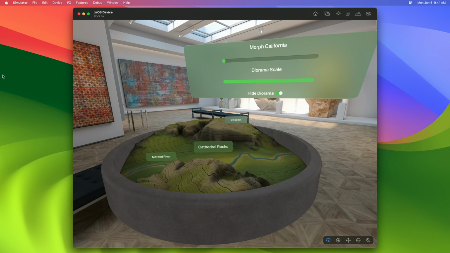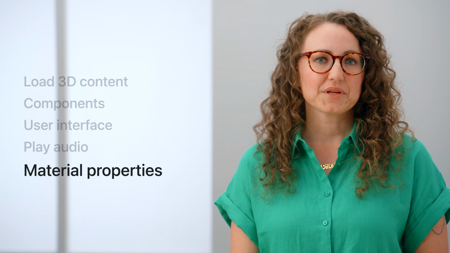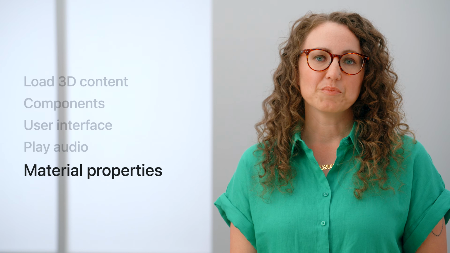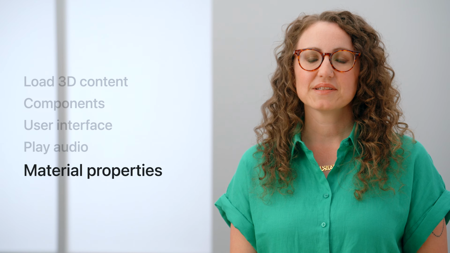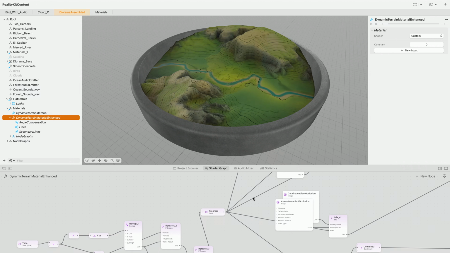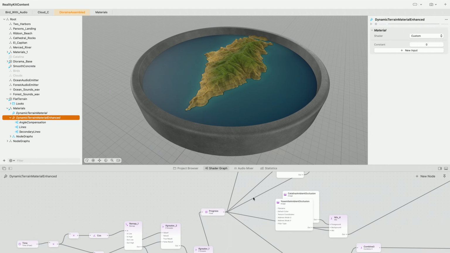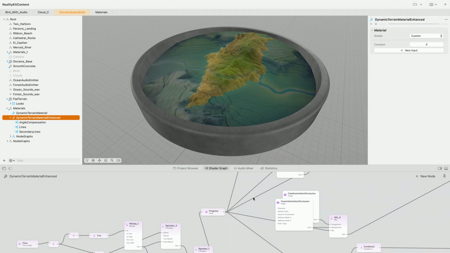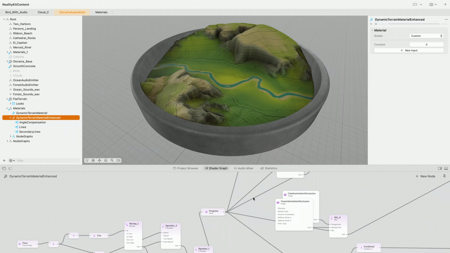Let's take a look at how we're morphing our terrain using the slider, and we'll also include audio in this transition. We'll use a property from our shader graph material to morph between the two terrains. Let's see how we do that. In Niels' session, he created this beautiful geometry modifier for us using Reality Composer Pro's shader graph. Now, we can hook it up to our scene and drive some of the parameters at runtime.